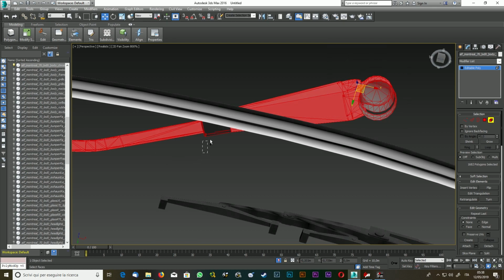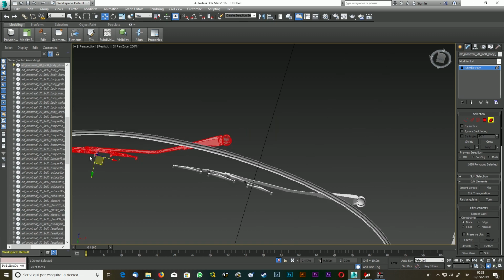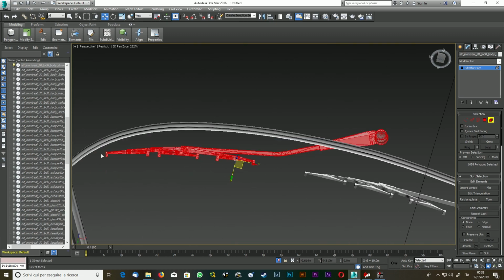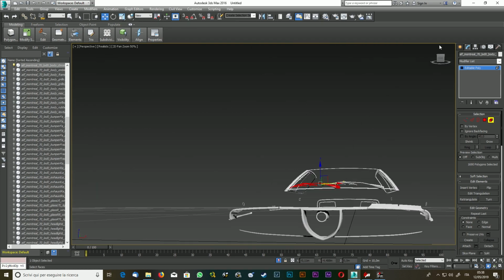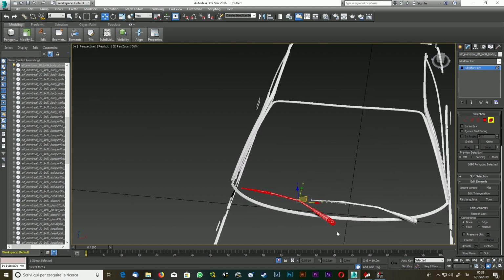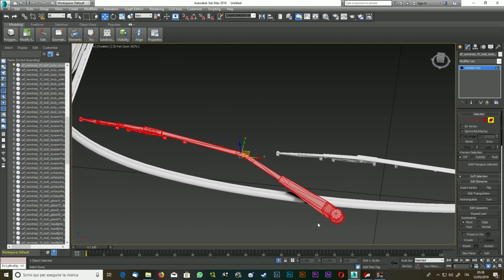Okay, and also here it should be accurate now. Okay, perfect. Now everything should be in place. So this is the right wiper, and we need to detach it, you see? Detach, and we call it